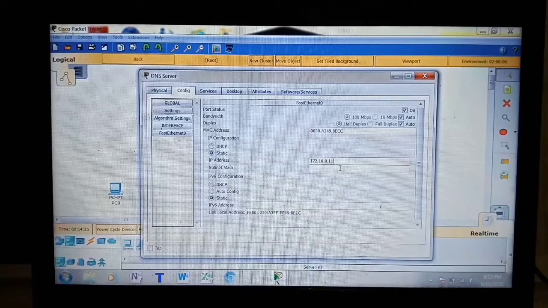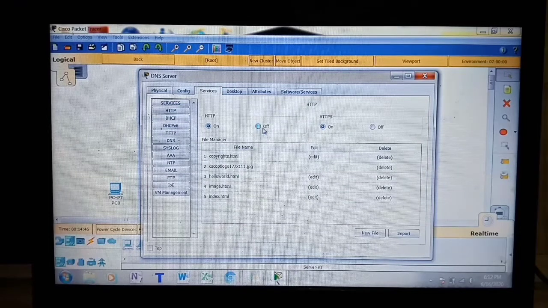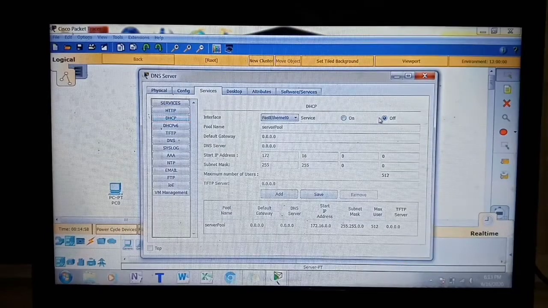Instead it's 0.11, and change its subnet mask to 255.255.0.0. So set the HTTP service and HTTPS off, and then set the DHCP server service to off. So click on the DHCP, then turn it off,